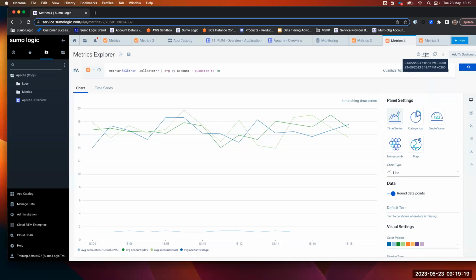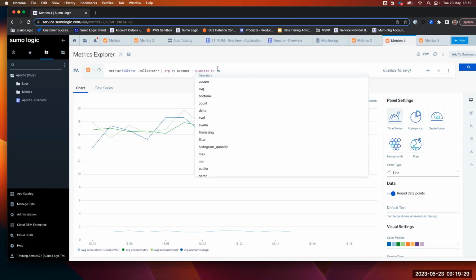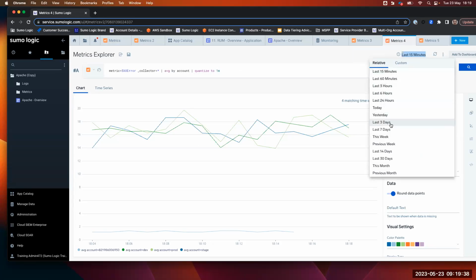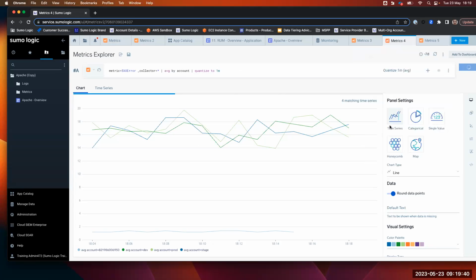The caveat with this is that the quantization is either the minimal possible value or the value we set, if it will be higher than the minimal one. So for example, quantization to 1 minute will be working just fine if I have it on a total of 15 minutes in the past. But if I change this, for example, let me put it 7 days,